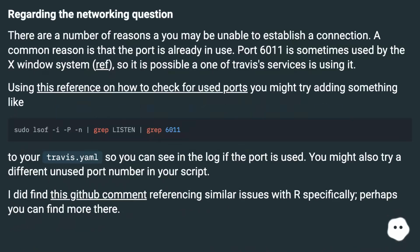Regarding the networking question, there are a number of reasons you may be unable to establish a connection. A common reason is that the port is already in use. Port 6011 is sometimes used by the X Windows system, so it is possible one of Travis's services is using it. Using this reference on how to check for used ports, you might try adding something like